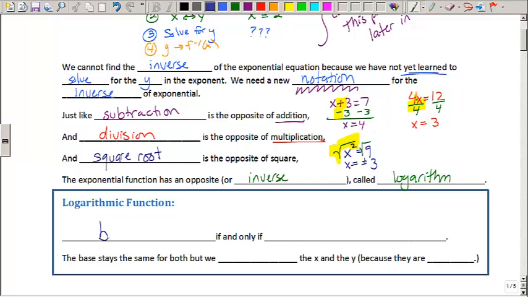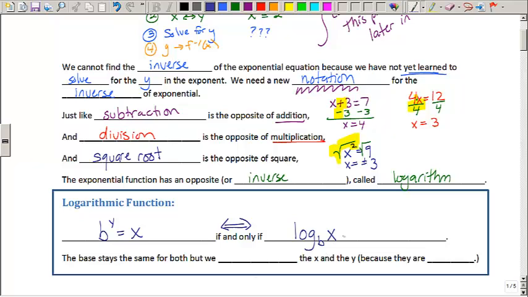Let's say I have an exponential function, b to the y equals x. I can rewrite b to the y equals x in another form, in a logarithmic form. This "if and only if" means if my first statement is true, then that means my second statement is true. Conversely, if my second statement is true, that means the first statement is true. That's what this "if and only if" means. So if b to the y equals x, if that's a true statement, then this must also be another true statement. Log, L-O-G, short for logarithm, base b